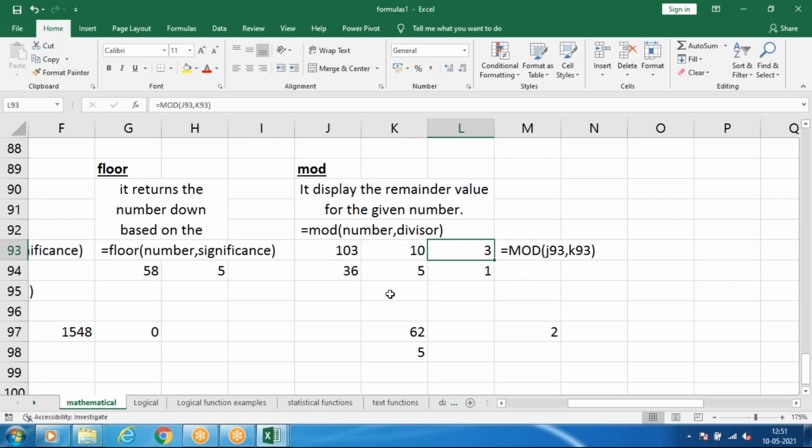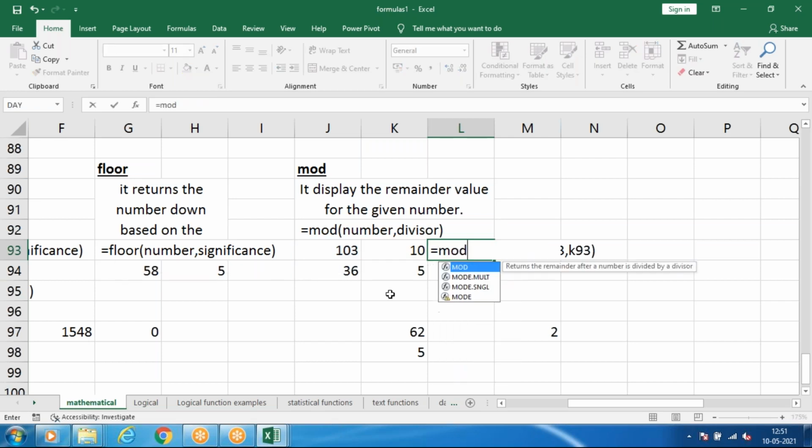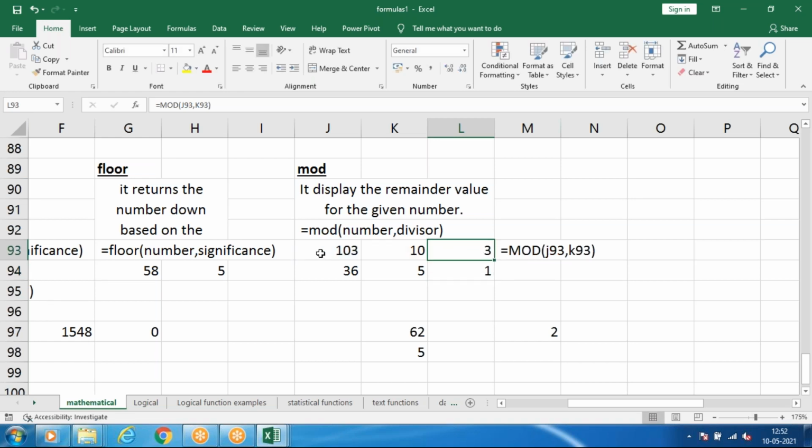So you have to use the formula called MOD. Select the formula, select the number. Always read this properly: select the number and the divisor. This is our divisor, then give OK. So it is 3. And if you give 85, it is 5. If you give 99, it is 9. And if you change to some other value, 4.